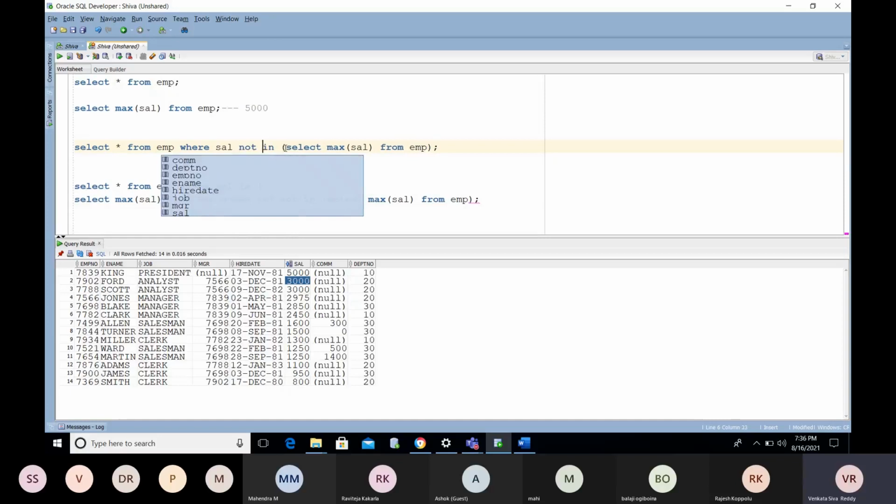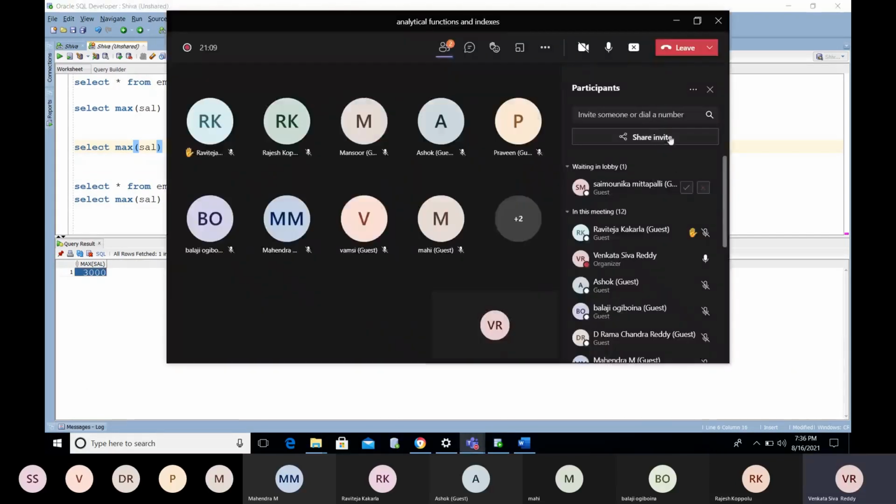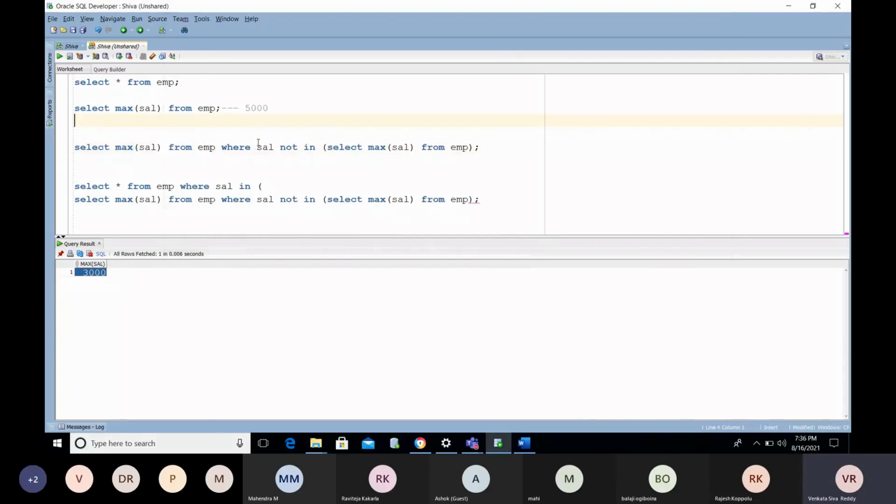Then I put that in a not in operator, so you exclude this 5,000 from the list and find the maximum salary again on top of it. Now you are getting 3,000. This is the second highest value.